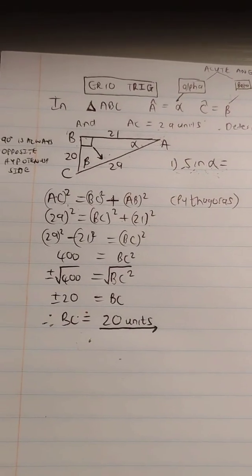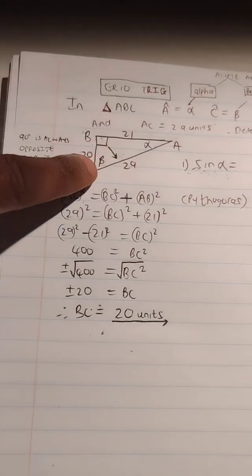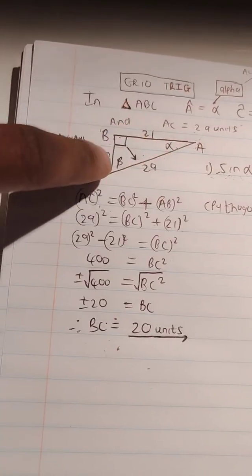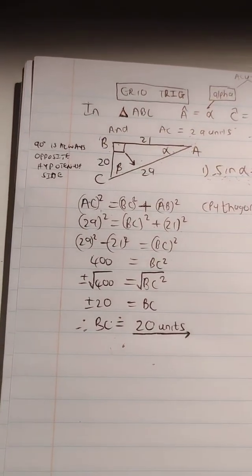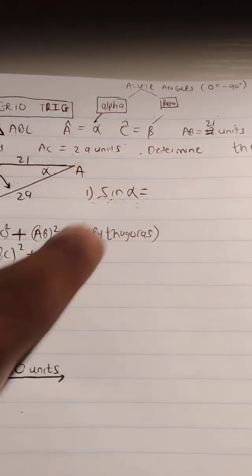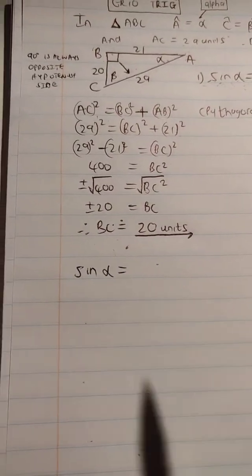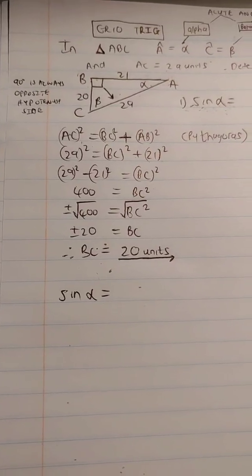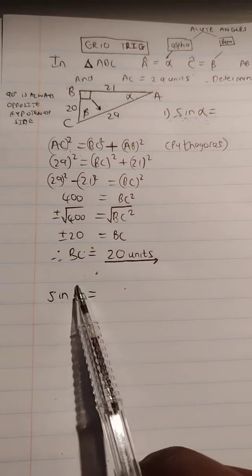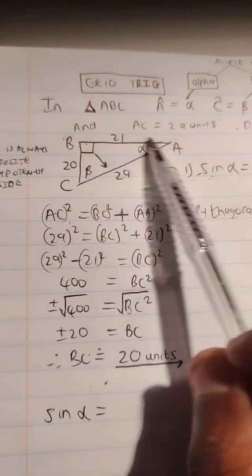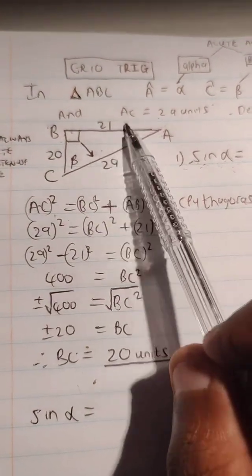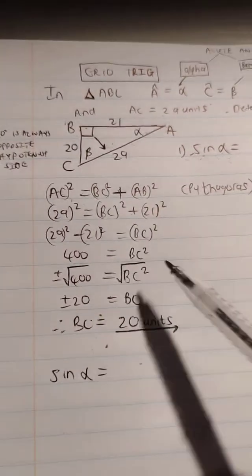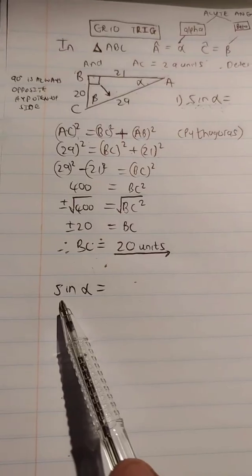And so because I have all three sides of the right angle triangle, as well as the defined angles alpha, beta, 90 for all three angles of the triangle, that means I can now extract from the triangle and be able to tell the people what sine of alpha is, because I don't have to worry about a missing side of the triangle. So now that we are in the position, because all sides of the triangle have now been found and all angles of the triangle are actually indicated, we can now